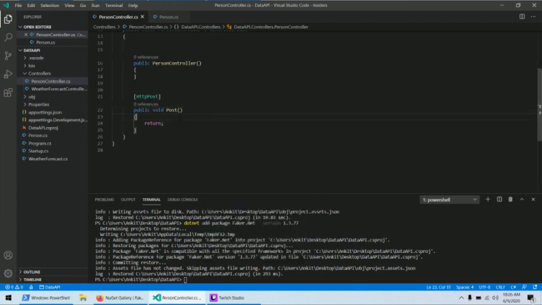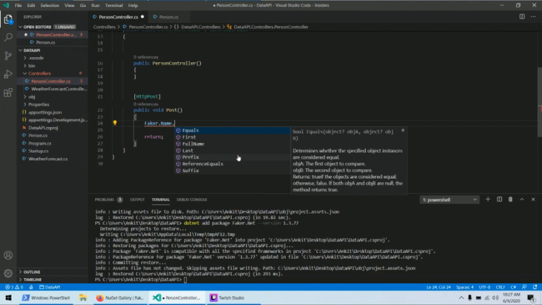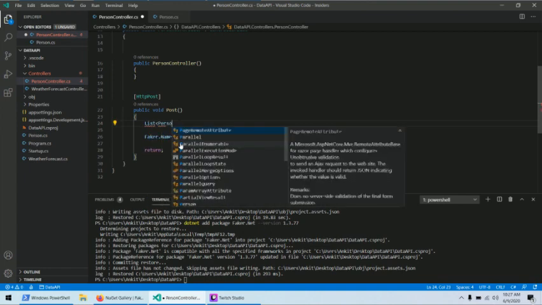So this will format our code, and for generating the data I have already installed this package, and we can write something like Faker dot. So what I am doing is